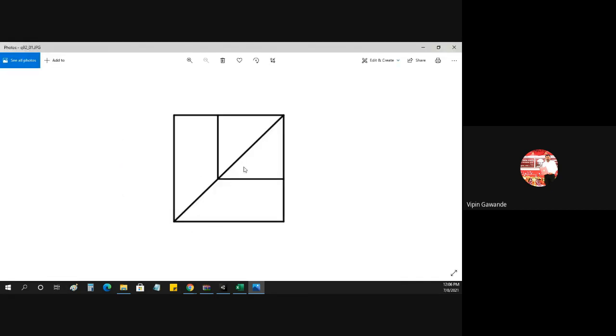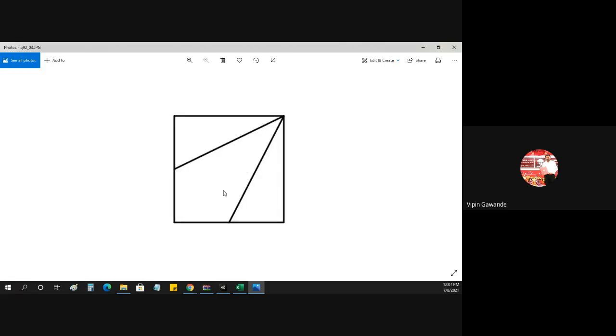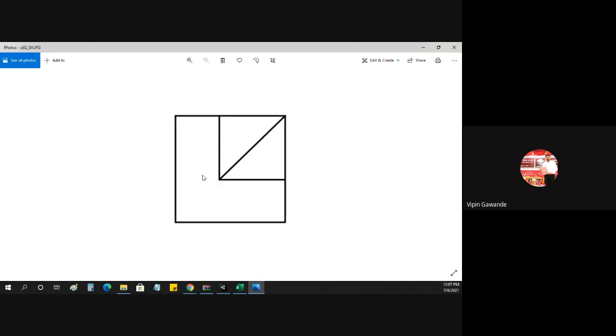Okay, so this is not the correct answer because we are not getting the line at the bottom. We are getting only 3 surfaces. Now here there are more surfaces. Let us check. The dotted line will not be there because the surfaces are visible. Then this is also not the correct answer because this type of surfaces are not visible. Now see the last option.